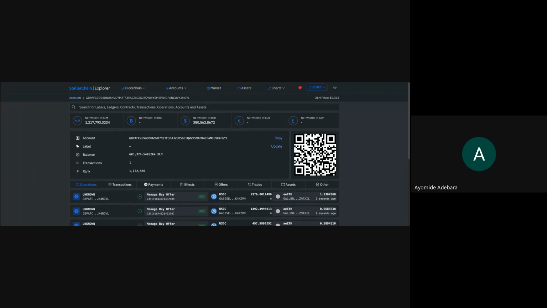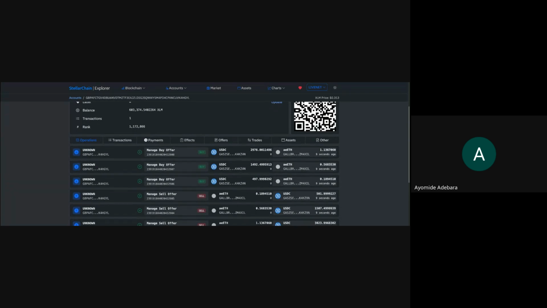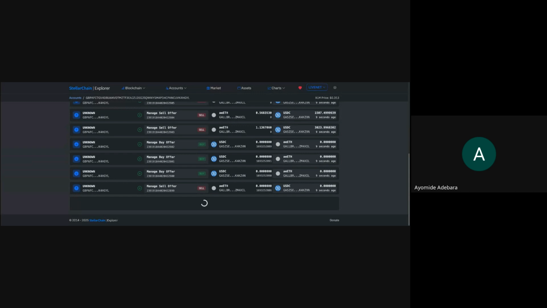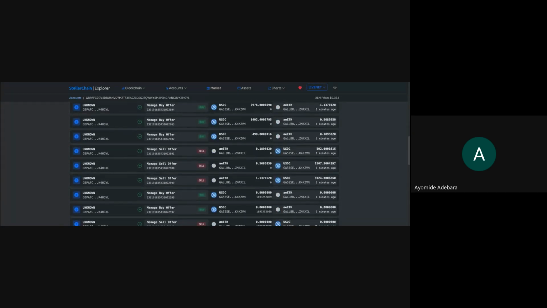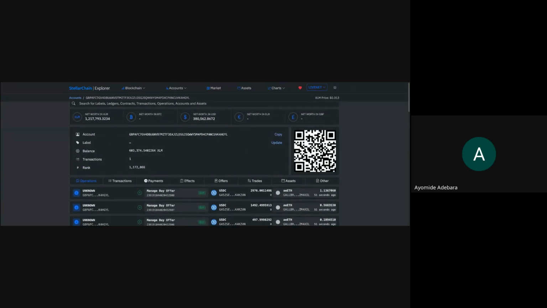Let's see. Okay, can we find the sequence number? The sequence number should be up. Transaction 1, okay. Let's look for the sequence. Sorry, I clicked back and so I left the call mistakenly.